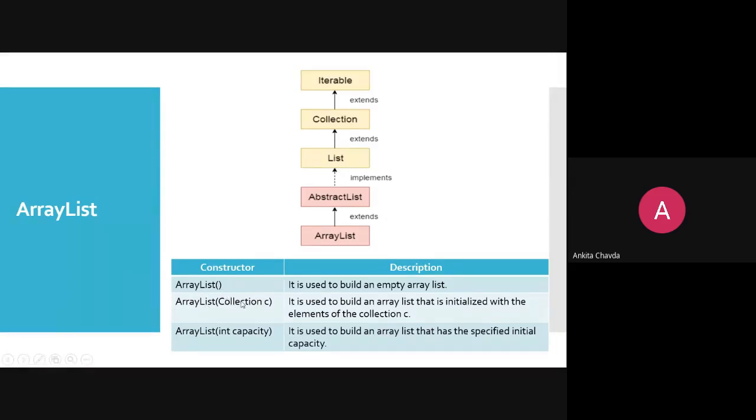If you specify any collection class object here, it is used to build an array list that is initialized with the elements of this collection C. First was the empty array list. Second, we are giving the set of elements here, so it will be created with that set. Then again ArrayList, and you can specify the capacity here. So it is used to build an array list that has a specified initial capacity.